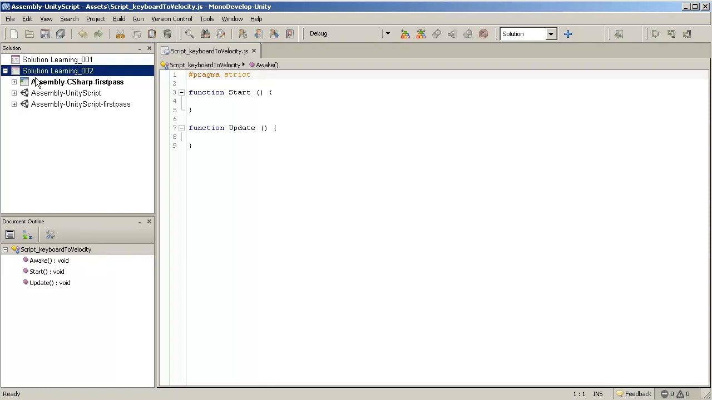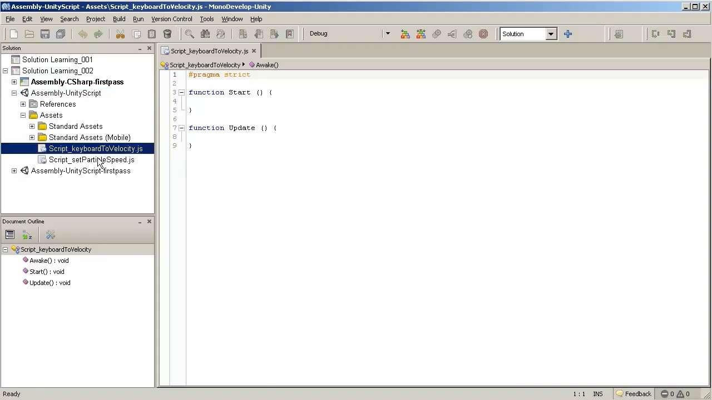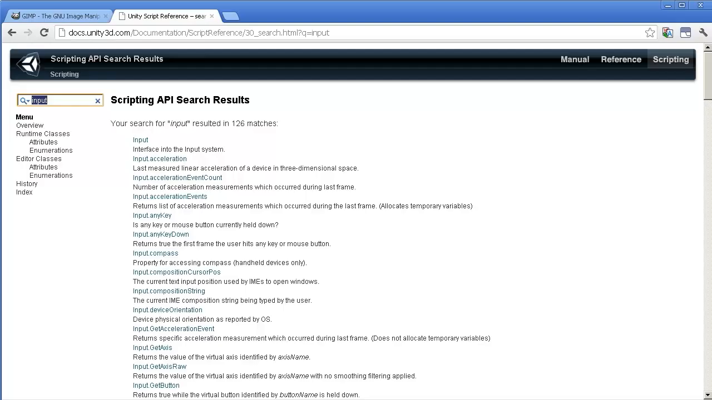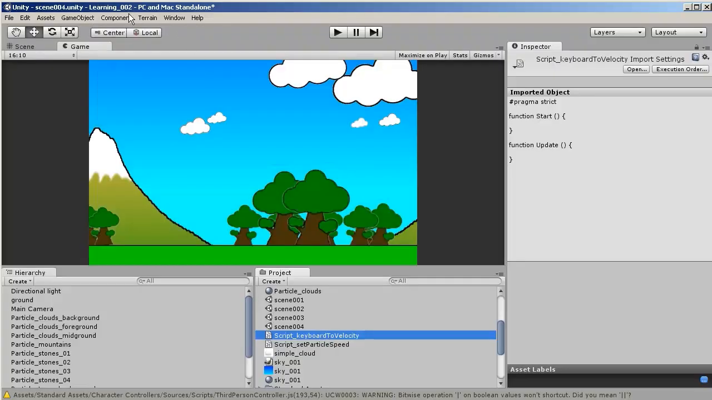Wait a minute. Why don't I have? I don't want assembly. I want Unity script assets. Here we go. Keyboard to velocity. Interface into the input system. Use this class to read the access setup in the input manager. I mean, this. Where are we going? There's the